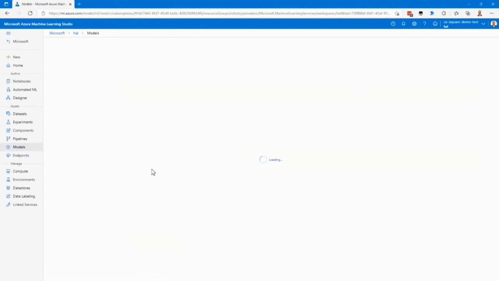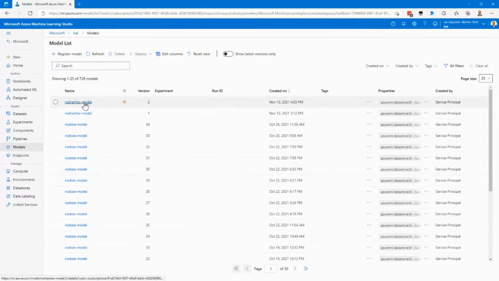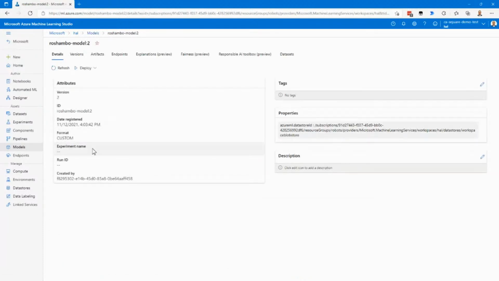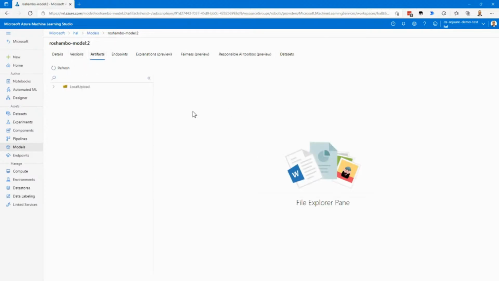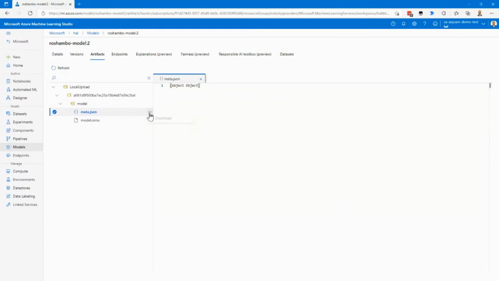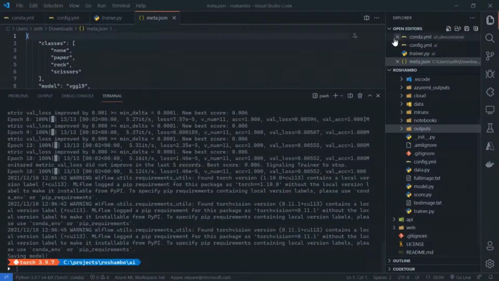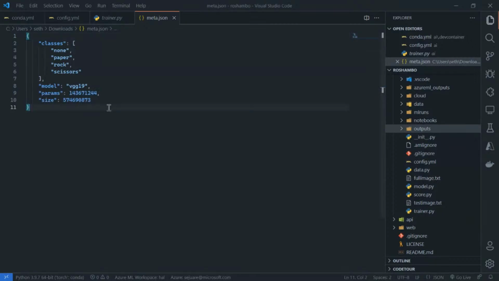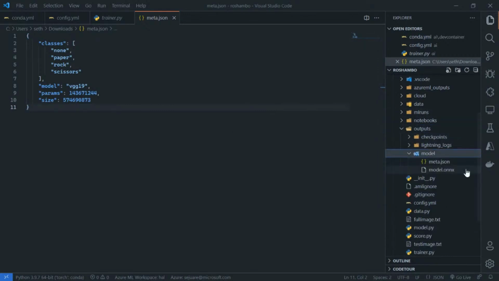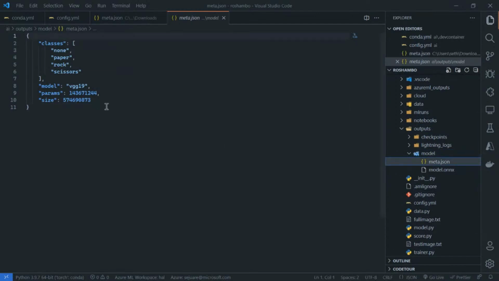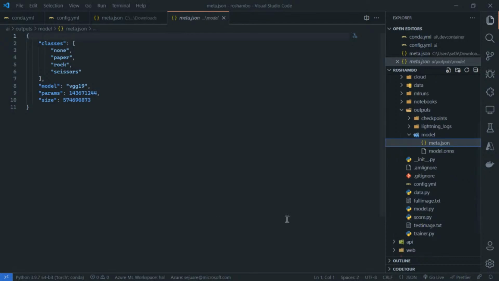Let's go to the model here. There should be a Rochambeau model. Version 2, custom format. Let's look at the artifacts here. The meta should have a timestamp. Just want to look at it. Yeah, that's why it's broken. When we did the model registration, we forgot to, this output's not right. So let's go to outputs here and let's see what we're actually outputting now. Yeah, we're not putting a timestamp out there. Why not? Okay, so what we're going to do,